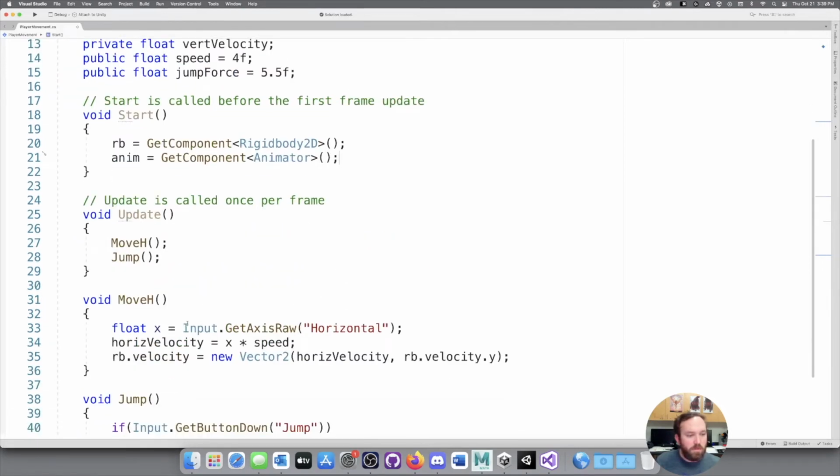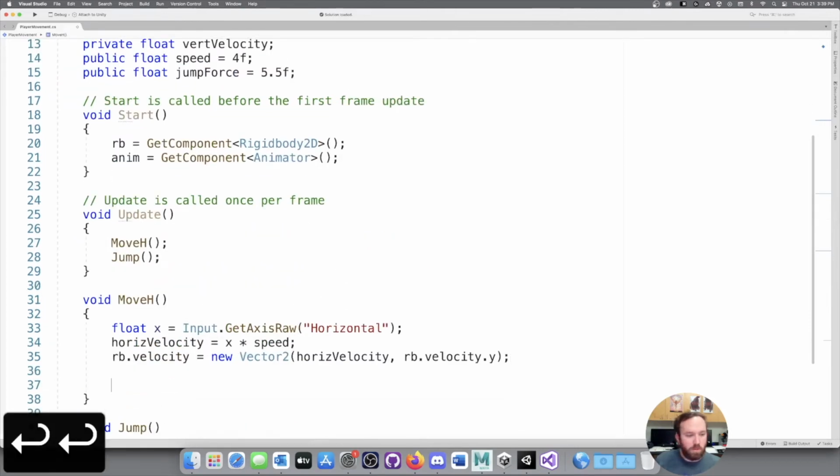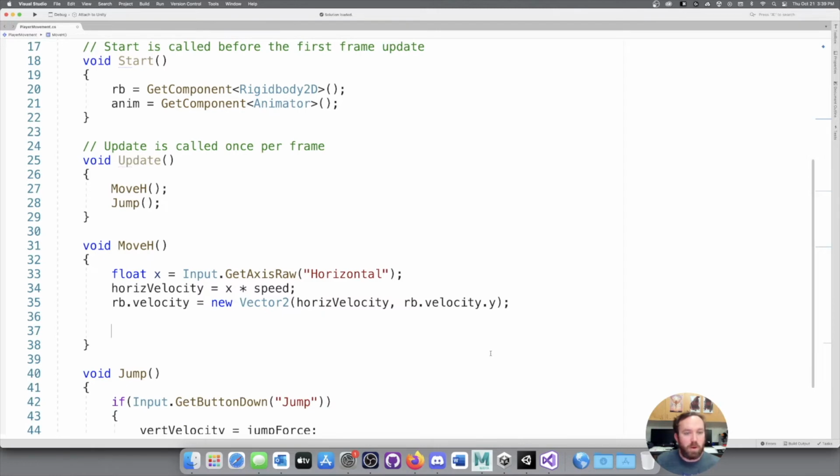And then down in the move function, we'll set the value of that speed component. We're going to set it to the x value of our rigid body's velocity. But right now, that velocity can be either positive or negative. But the speed from our animator always needs to be positive, because that parameter is only if we get greater than some small number. And if we get less than some small number, if we tell it to be negative, then it's always going to go back to idle. And so what we're going to do is we'll say